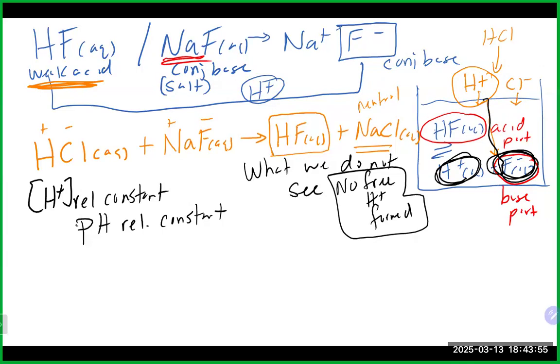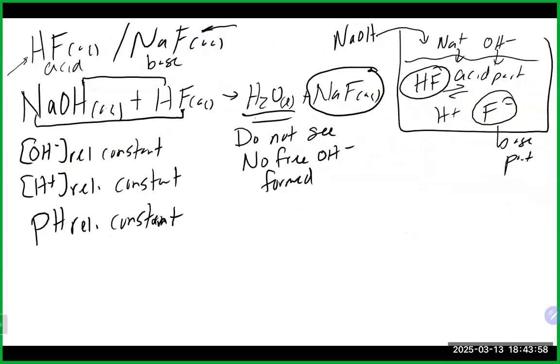So you don't get that free H plus introduced into the solution. And it also prevents free OH minus from basically entering the solution. That OH minus will borrow an H from there and make some water. So we don't get some free OH minus in the solution, which causes the pH to go crazy. And because it prevents the formation of H plus or OH minus, that is how it's able to maintain the